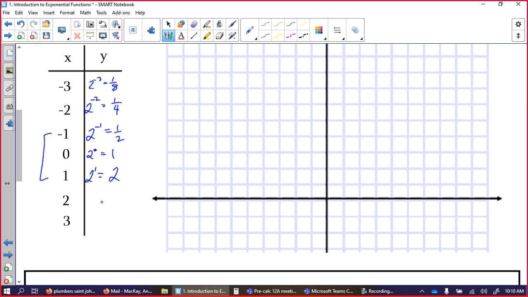Sometimes we can extend that. 2 squared is 4. 2 cubed is 8. So I'm going to start with the ones in the positive part because